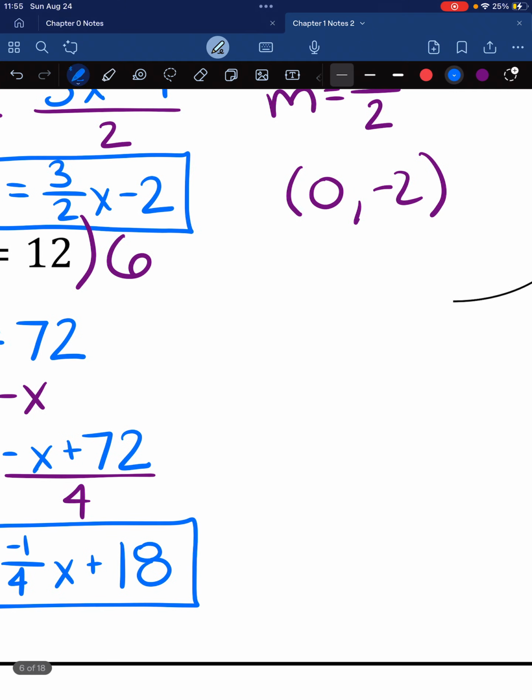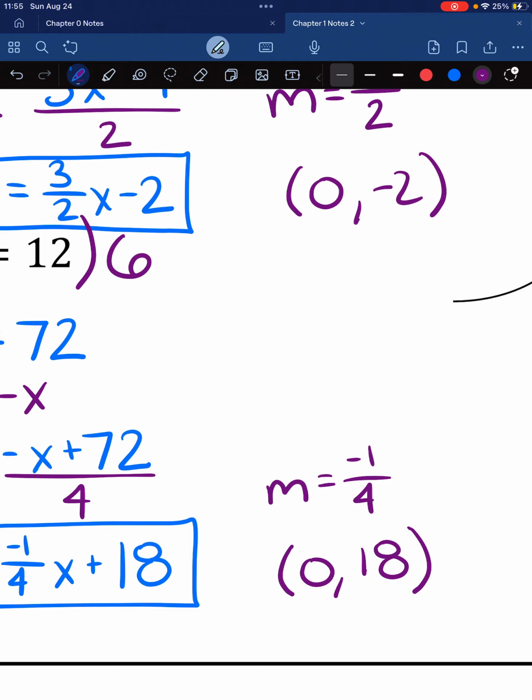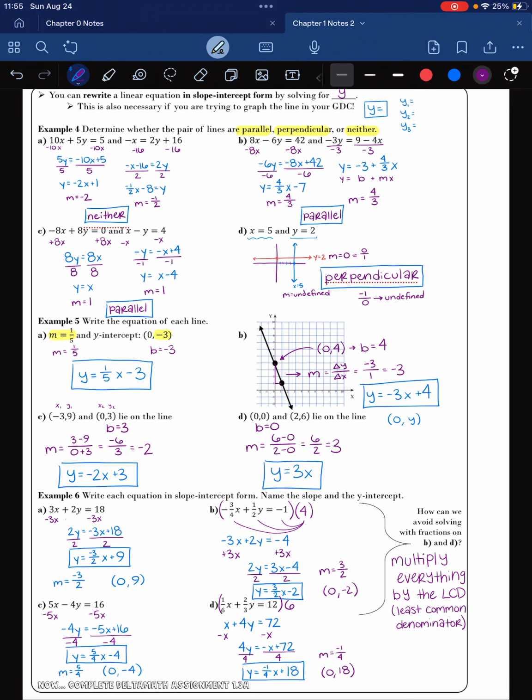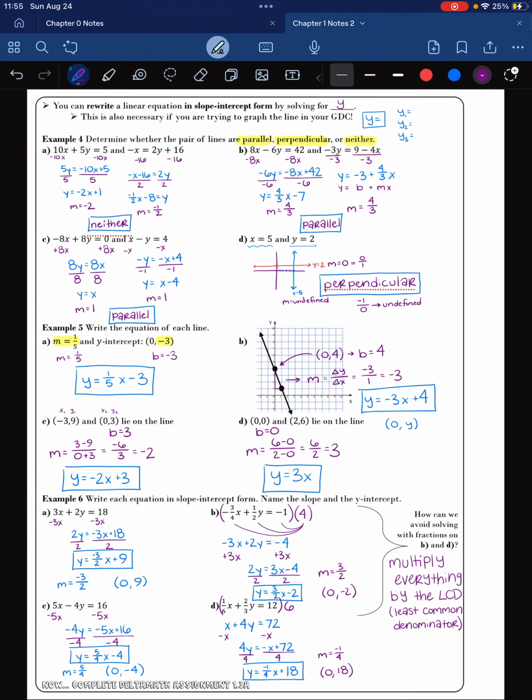We can name our slope, name our y-intercept, and we are done with the first half of 1.3. I will see y'all in the